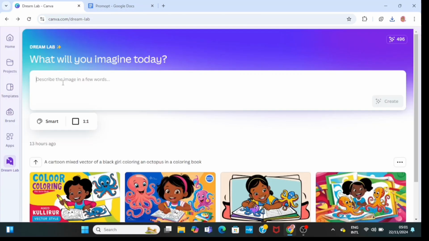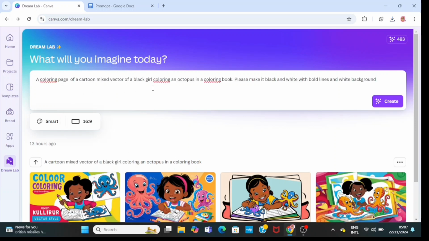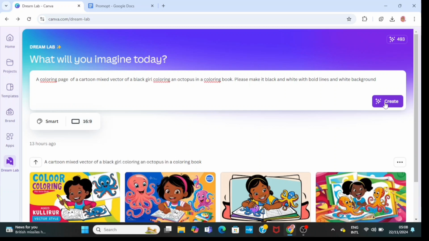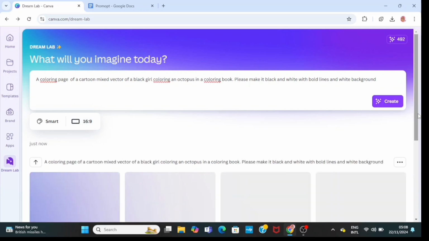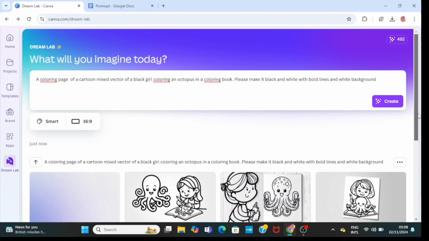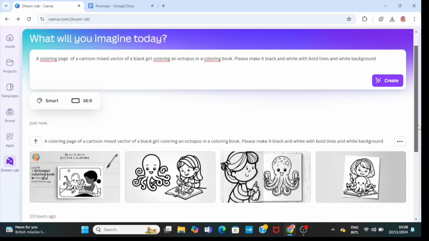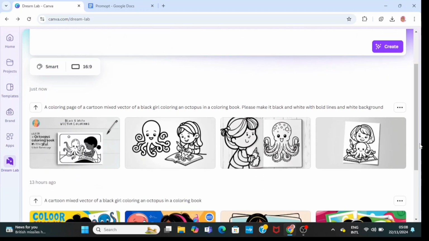Next, I'm going to go to the text to image AI tool and ask it to generate the color page for the coloring book. I'm going to leave the design as smart and leave the aspect ratio at 16:9. And now I'm just going to wait for it to generate. Now it has generated the color page for the coloring book. You can see I think I prefer the second image, so I'm just going to go ahead and download it,